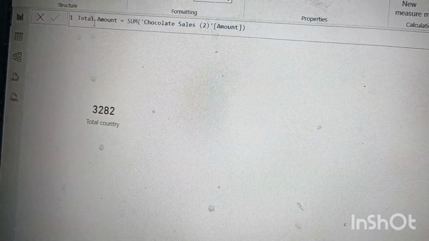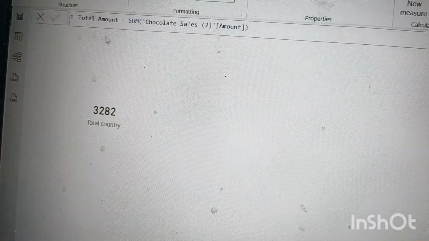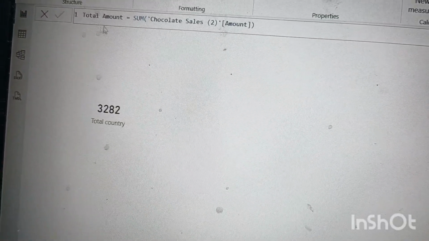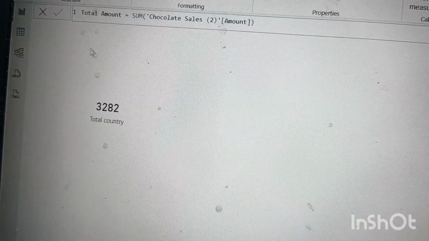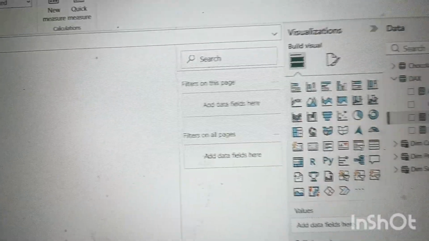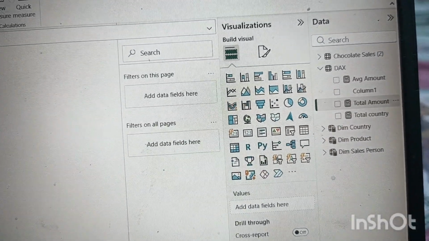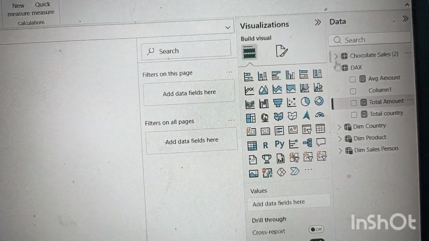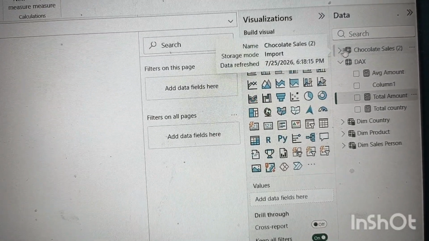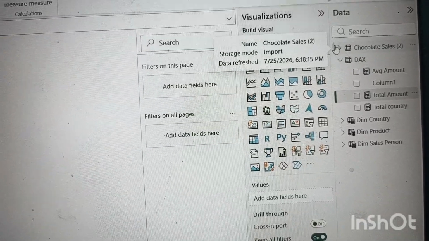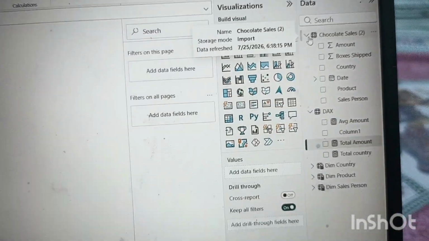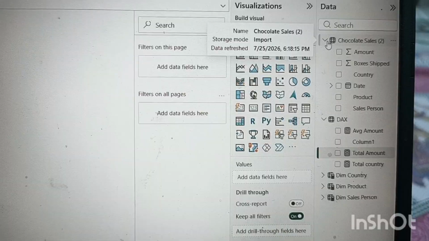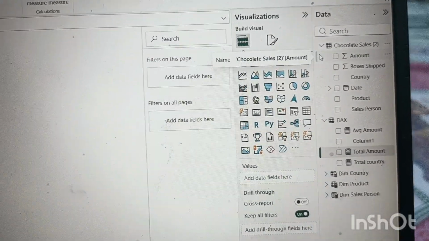Then we will have to search in which table the amount is available. So just go to the chocolate fact cell. This is the main facts table. First we will search here. Just click on the right arrow and you will get all the column names here. Okay, are you watching, guys?